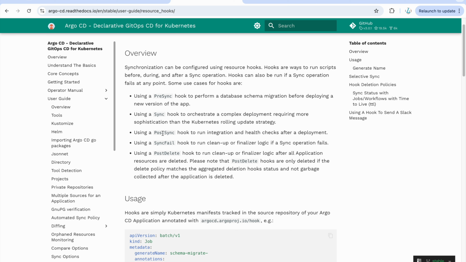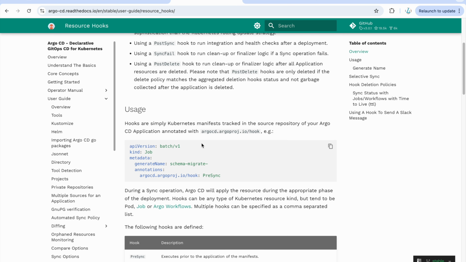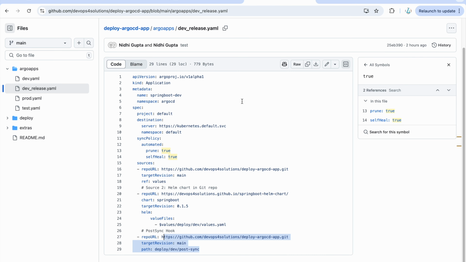Post sync: you can run any integration or health checks or any testing. In this case, we are using post sync to trigger the next deployment. So you have these four options and they provide the syntax also. Let me just show you. They provide you the syntax, but now the question is where you need to provide these configuration files, right?